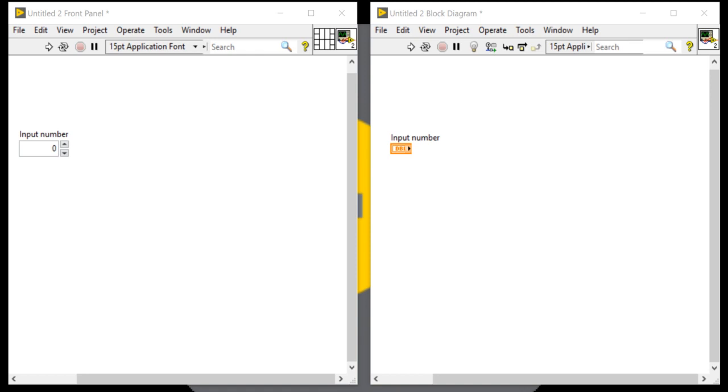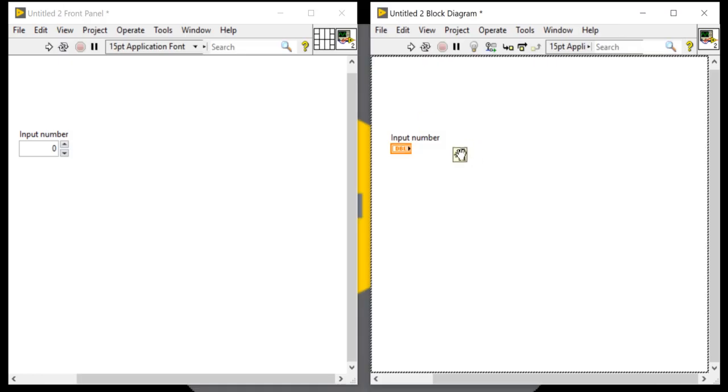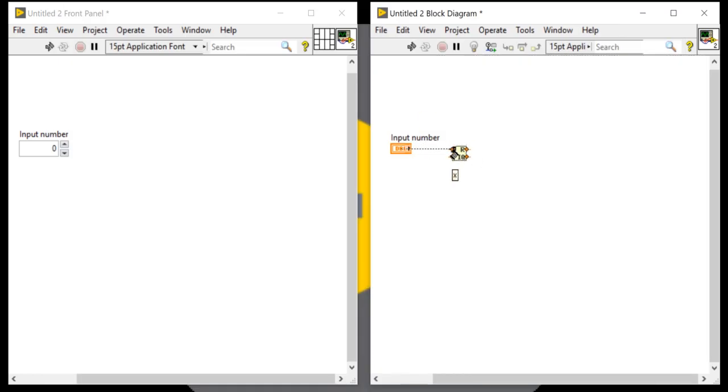That means the remainder will be 0 each and every time. If your number is even, the remainder will be 0 after dividing by 2. So I will take the quotient and remainder function and place it here to divide.